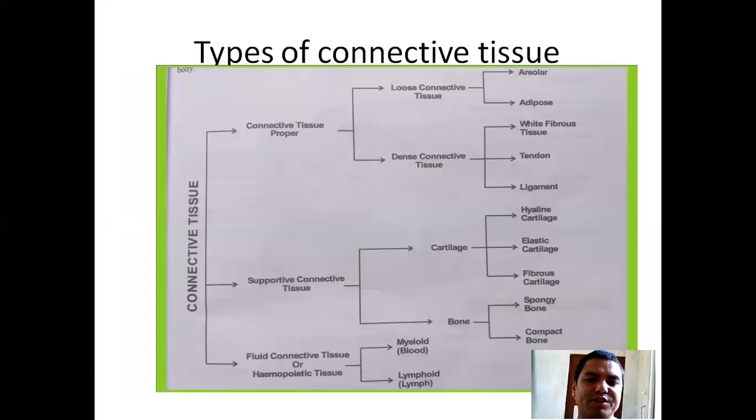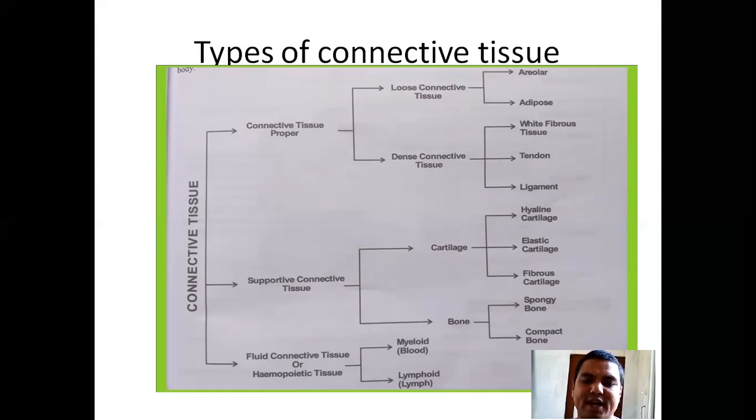These are the types of connective tissue which we are going to discuss now. There are three types of connective tissue: proper connective tissue, supportive connective tissue, and fluid connective tissue. The proper connective tissue is again divided into loose proper connective tissue and dense proper connective tissue. Loose proper connective tissue is again divided into areolar and adipose tissue. Dense connective tissue is again divided into white fibrous tissue and yellow elastin tissue, or it can also be divided into tendon or ligament. Supporting connective tissue